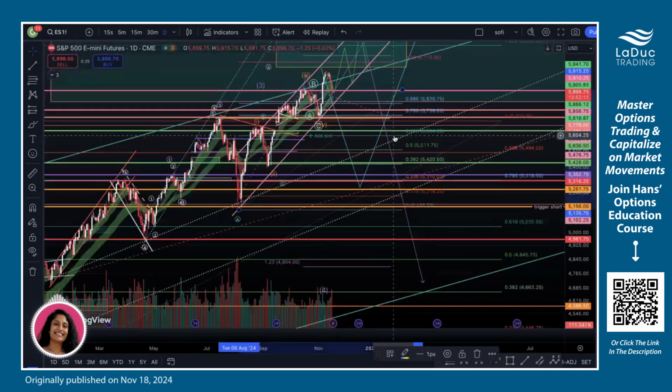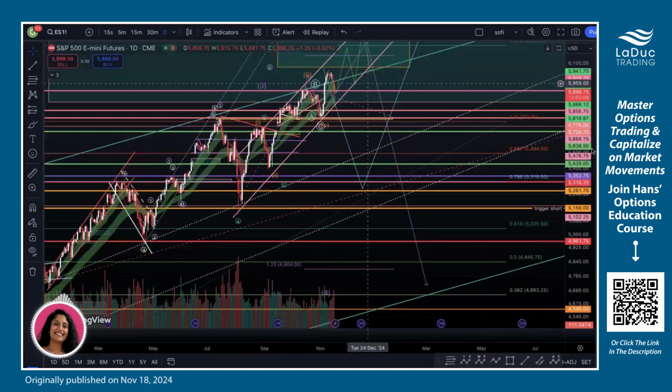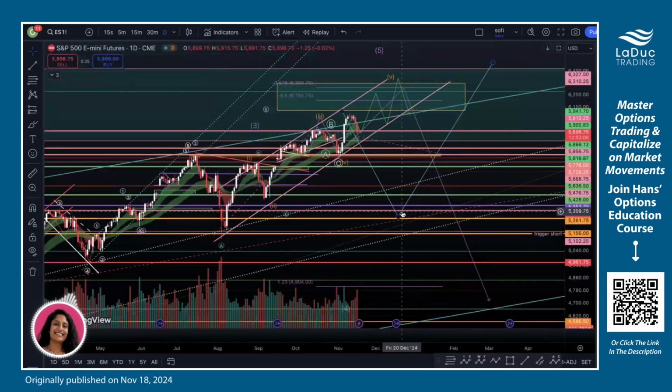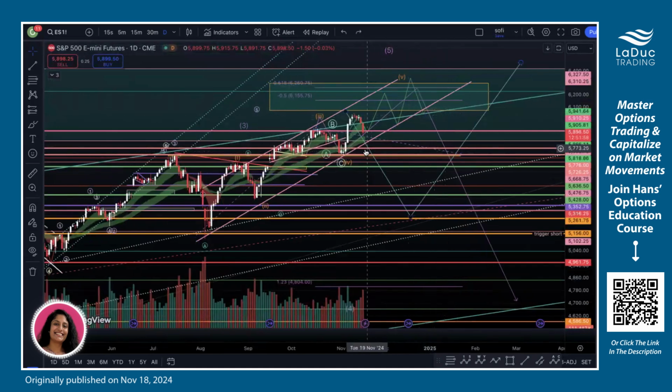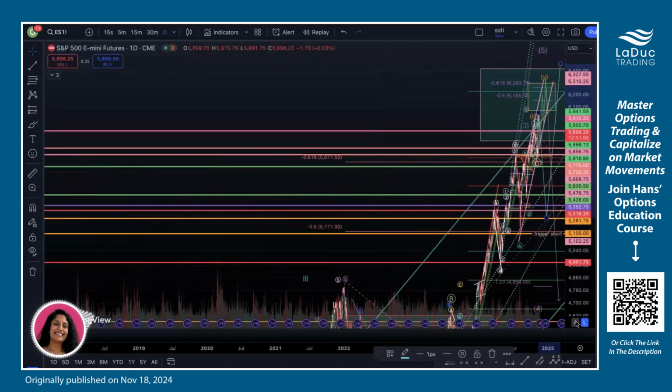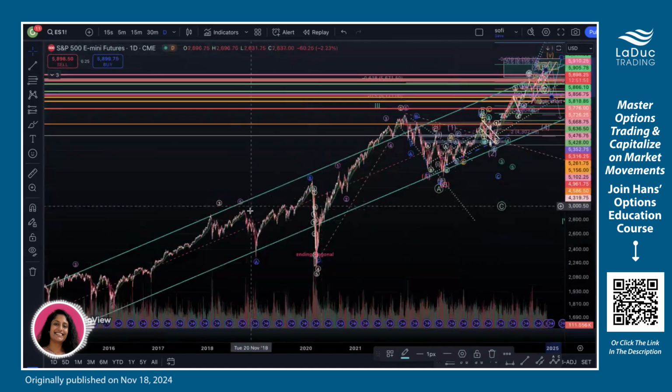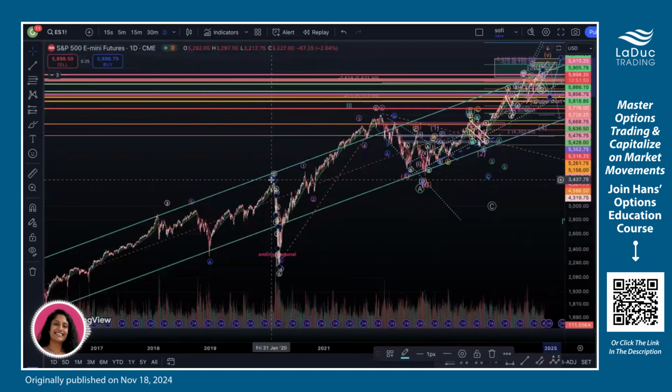I know I have a bunch of lines. These are all the potential paths that I have marked for myself. So let me explain to you some of the paths. So I'm going to keep the obvious ones here. You can see here, if I zoom out, I've shown you this channel many times. So I'm going to peek fast, top of the channel.